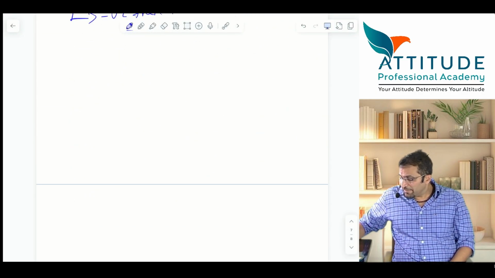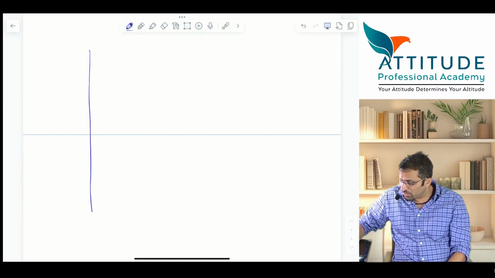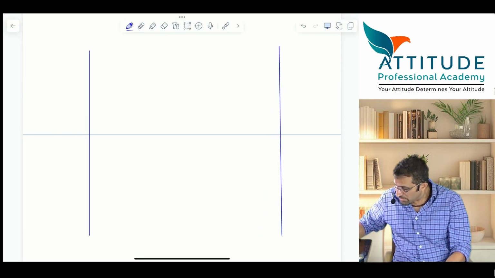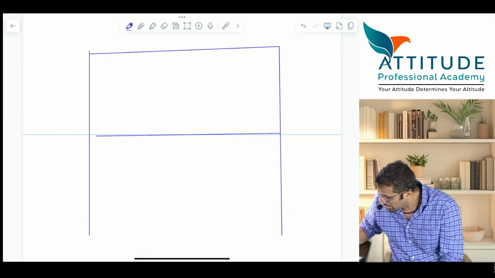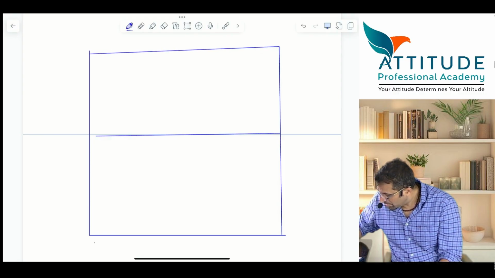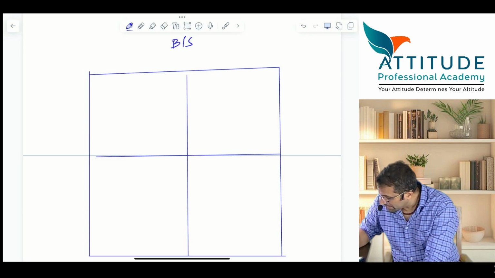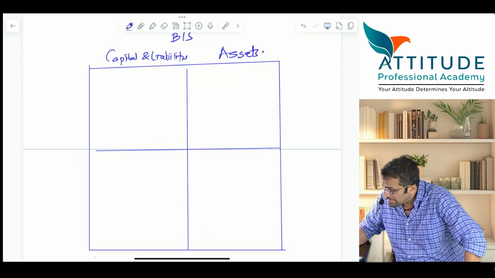Okay. Now, everything hits your balance sheet only. Suppose I bifurcate your balance sheet into 4 quadrants. If I say this is the balance sheet, obviously this is capital and liabilities, and this is assets. Now concentrate here. This is important. First, on the asset side, you have